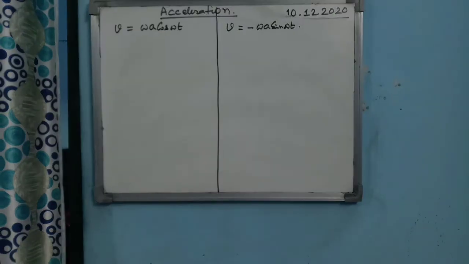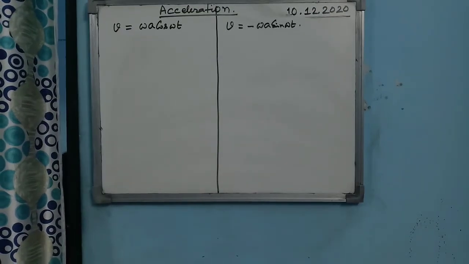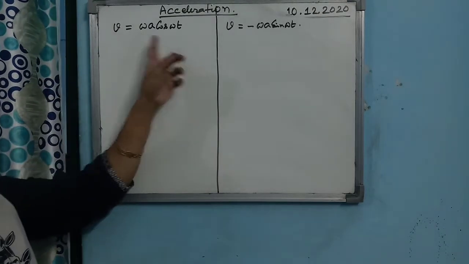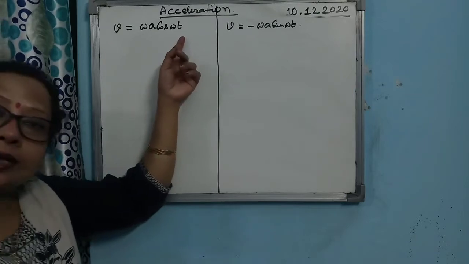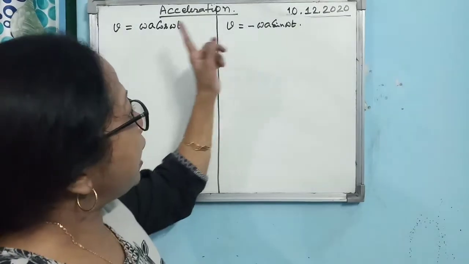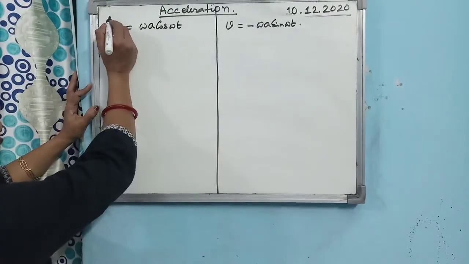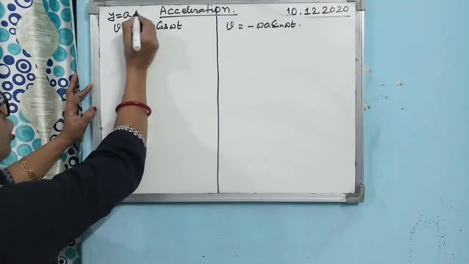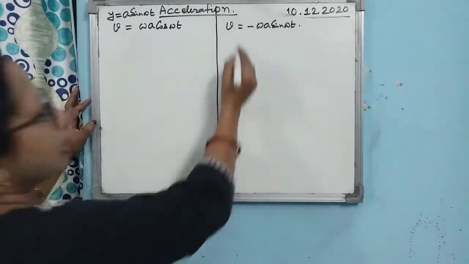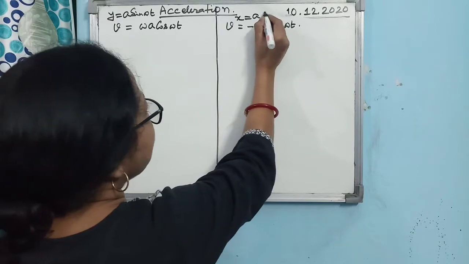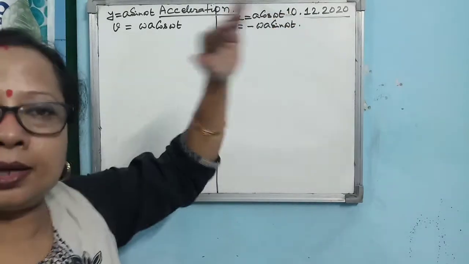Next is coming the concept of acceleration of the particle executing SHM. So what we have got here is that the velocity of the particle is given by omega a cos omega t when you are taking the projection on the y axis, and when you are taking the projection on the x axis, velocity is this. Okay, for your convenience I am writing the displacement also. Here in this case displacement is y equal to a sin omega t, and in this case displacement is x equal to a cos omega t. That we have learnt. Alright.